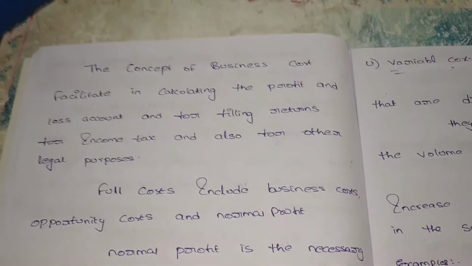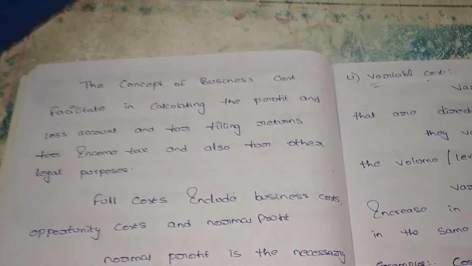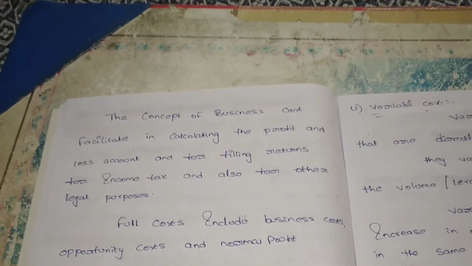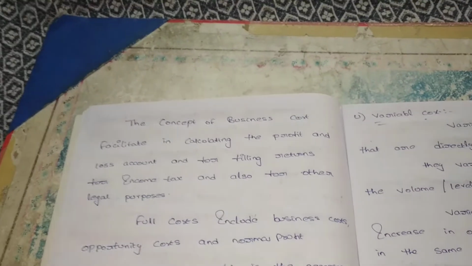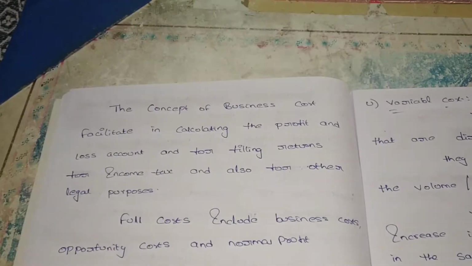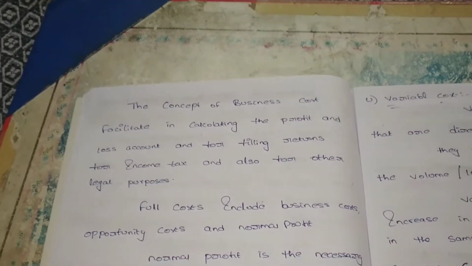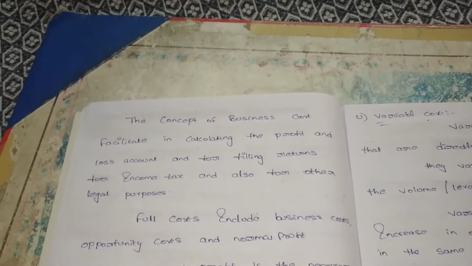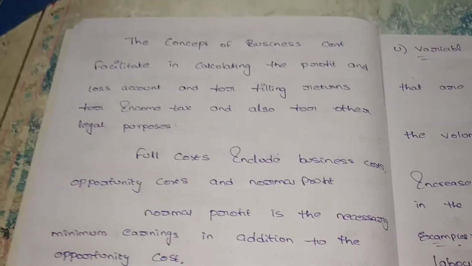What is business cost? At the time of running business activities, all the costs we incurred come under business cost. Example, when the company wants to pay any other person, or for the production machinery it incurs depreciation cost or some expenses, all these come under business cost only. These business costs are useful at the time of preparation of the profit and loss account, to find the profit, and also at the time of filing income tax returns.